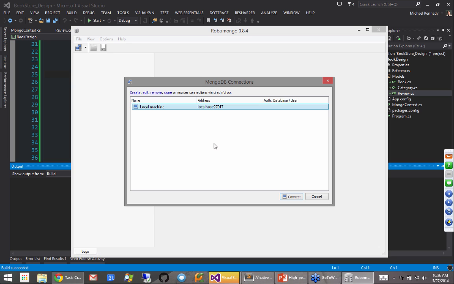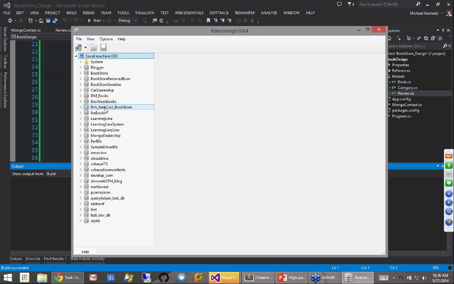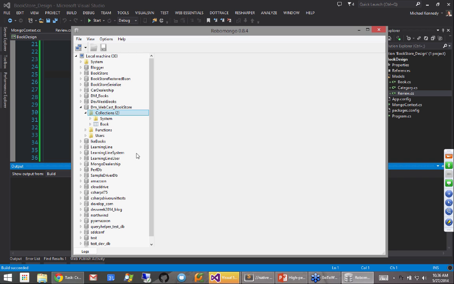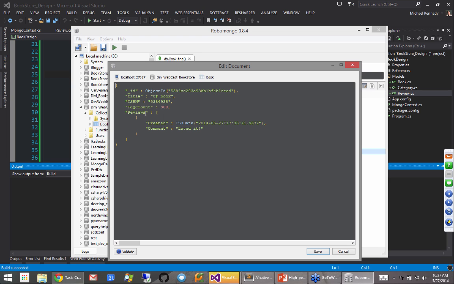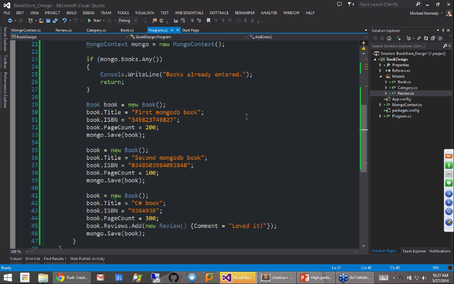And RoboMongo lets you look at these databases, and you should see, here's our database, here's our books, and view. And I didn't do anything to create this database or this collection or anything. I just started speaking to it, and off it goes, right? Here you can see our reviews, and we've embedded them here. Okay, so I didn't want to start from just an existing database because I know many of you are kind of new to this, but let's look at a slightly richer example that has tons of data.